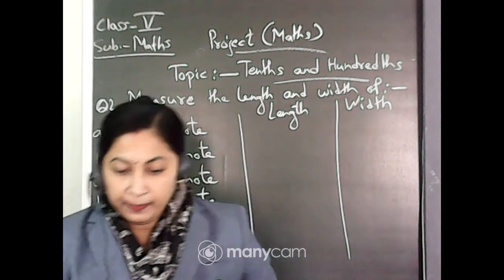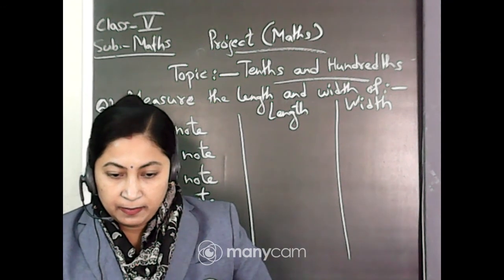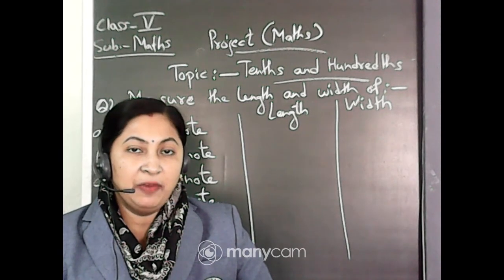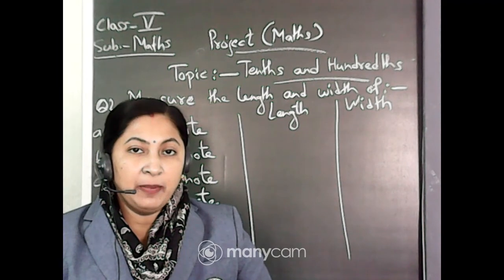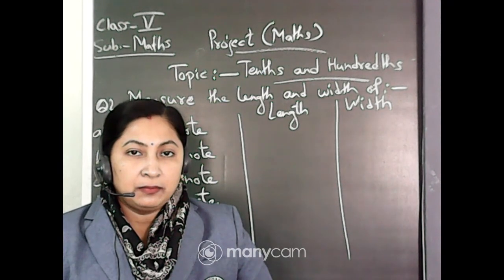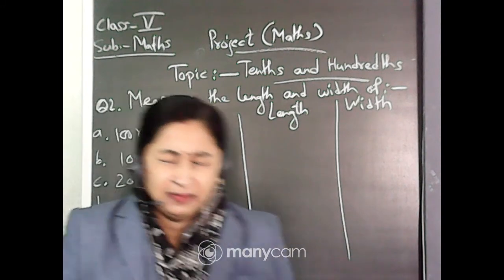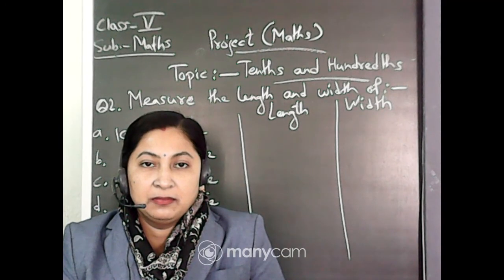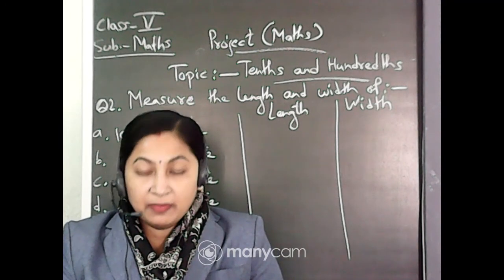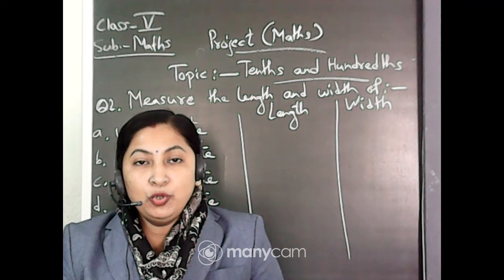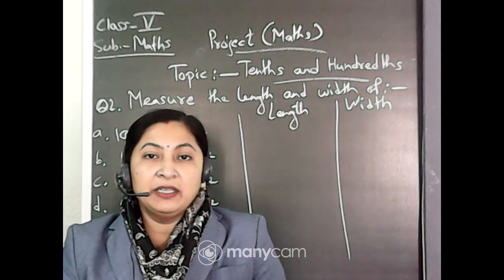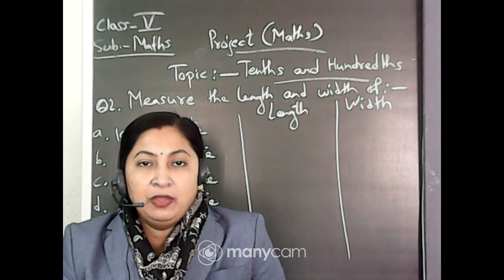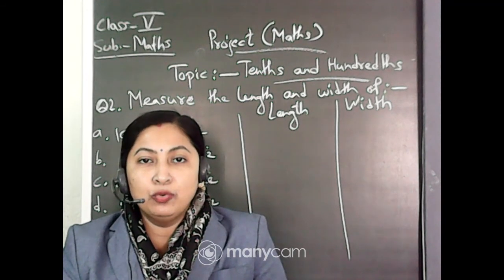Any doubt to anyone? You have to write the question with the pen, but the drawing should be with the help of a scale and pencil, and the coloring with color pencils. Whatever colors you use is up to you. But the grid should be made with the help of pencil and scale. After that, the coloring is your part. You can color with crayon or pencil, it is up to you. Okay, but don't use watercolor.